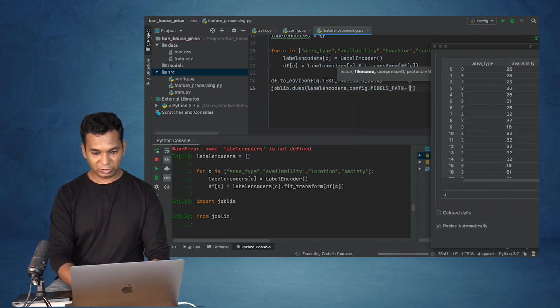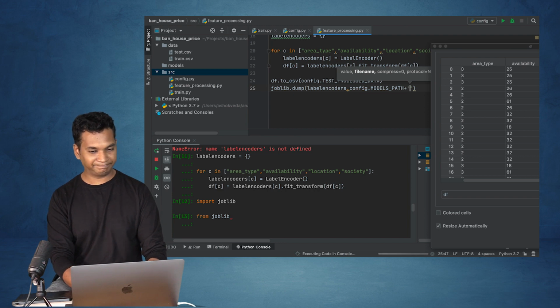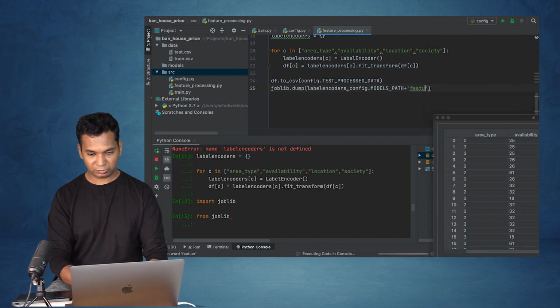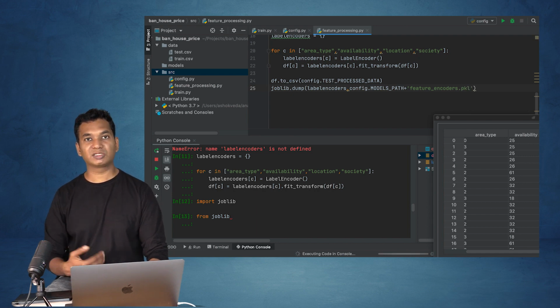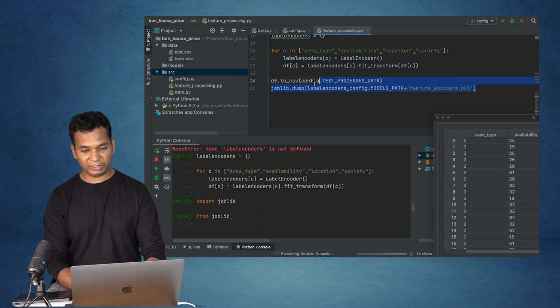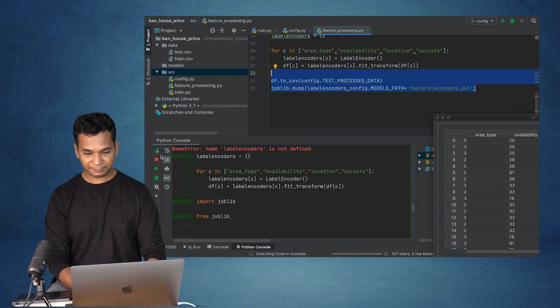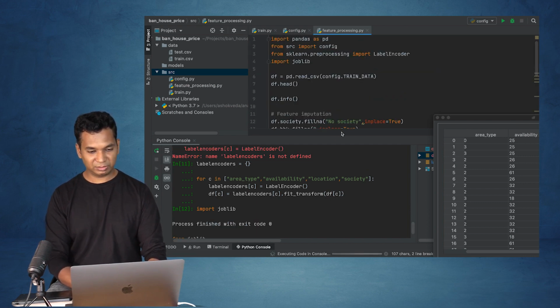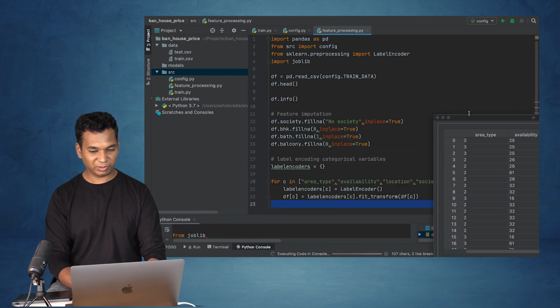Then I can just give a name, for example, feature encoders dot pickle. So these are all serialized. You can use PKL for it, and that's it. I'm going to simply stop this entire thing, and then run this file train, like feature processing,